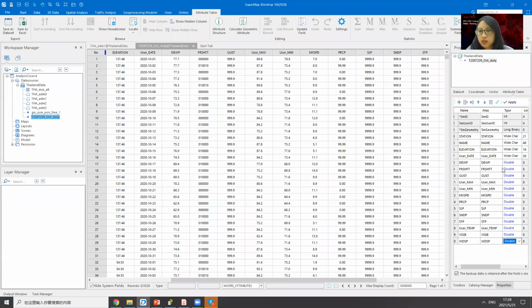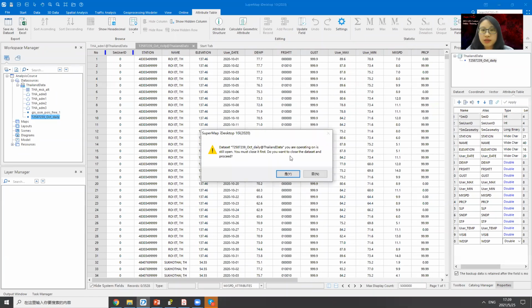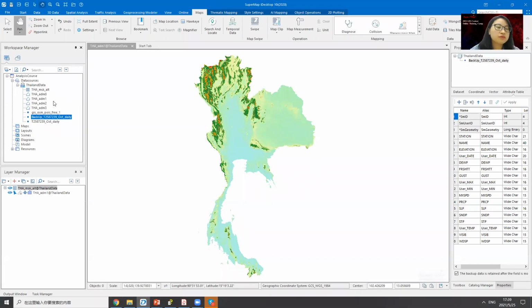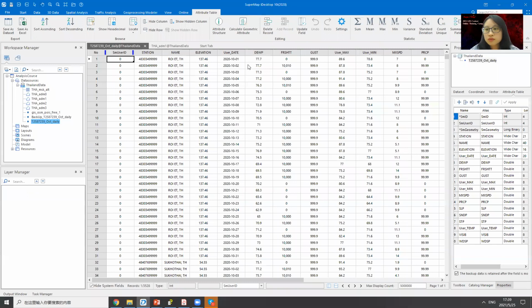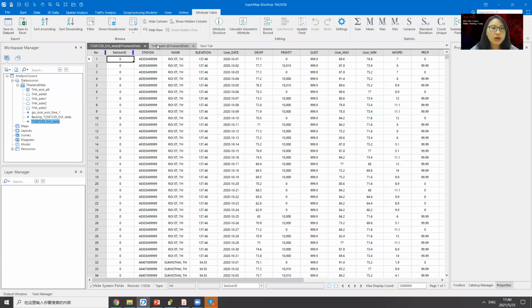And after you change this one, the user date, elevation, name, station, these can be the wide character type. So here just apply it, and yes. And here it will create and allocate a new data set and back up the original one. So you don't worry if you change the data, it can be found again. So here we just open, and then here I will double. After we finish this, then what we are going to do is